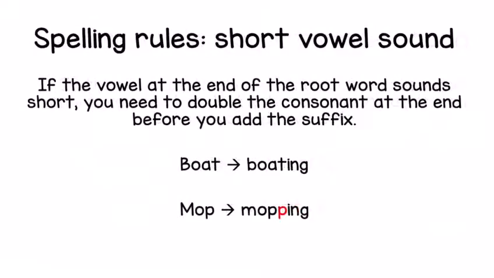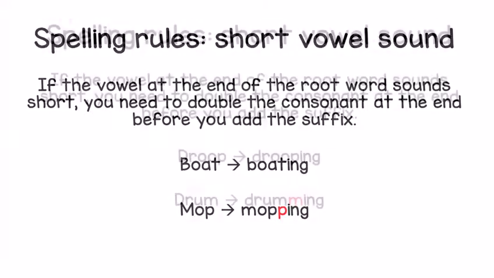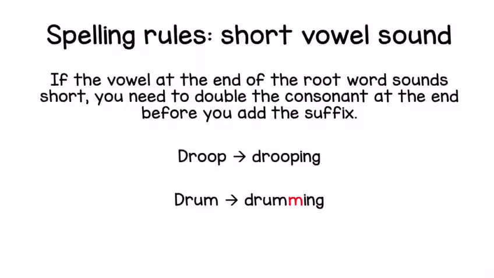If you have boat, the o sound is a long sound, so you don't have to double the t. But if you have mop, m-o-p, you have to double that p before you add the suffix. And finally, if you had droop, d-r-oo-p, that's a long sound, so you would not have to add the second